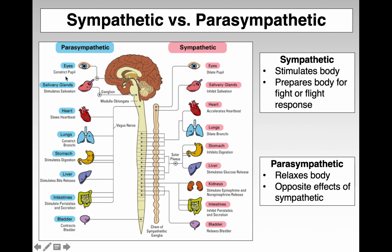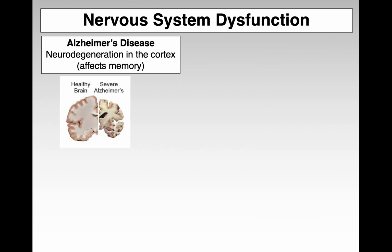The parasympathetic system is the opposite. It relaxes the body. You get the opposite effect. So the parasympathetic system is really triggered when you do things like mindfulness and meditation, which is really good and restorative. The nervous system can also have dysfunction, and a lot of these neurological or neurodegenerative diseases